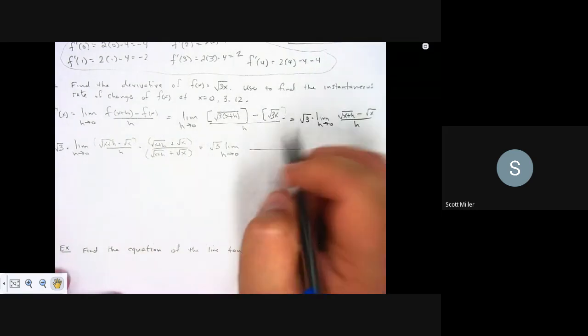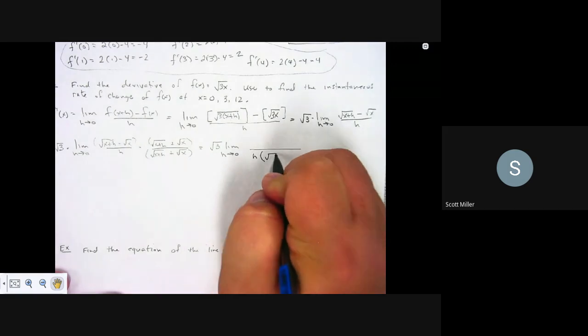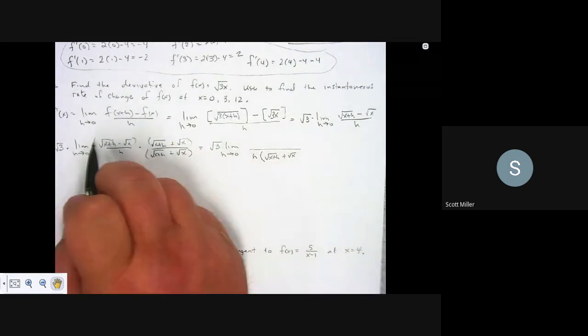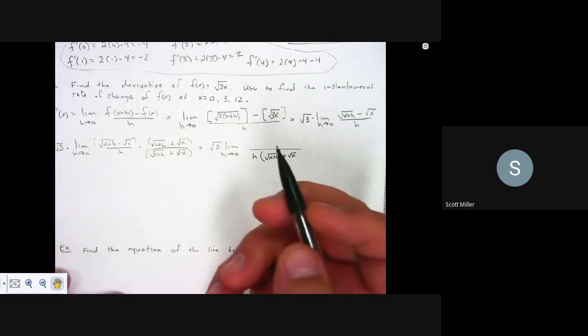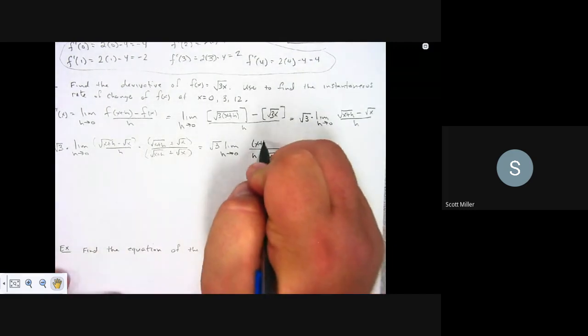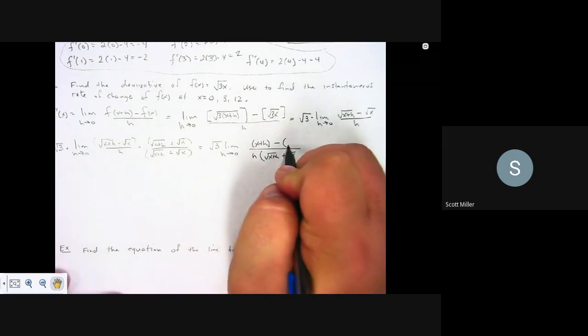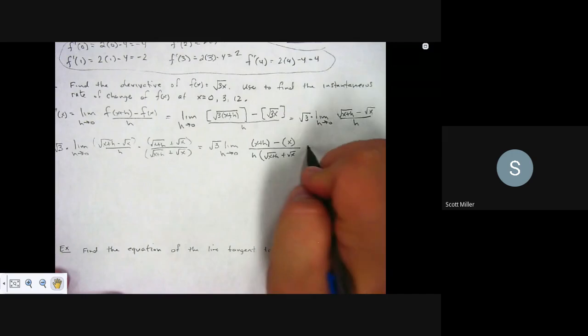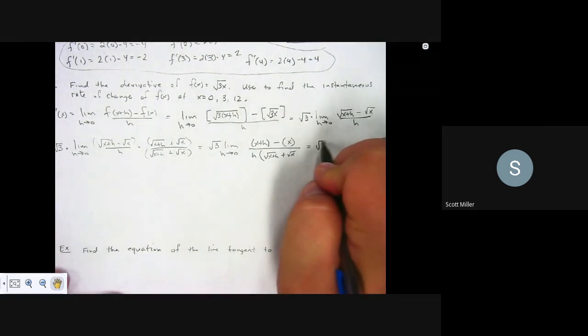The bottom, you're not going to do anything. You're just going to leave it plus h. And the top is just the product, like the difference of two squares. So if I multiply these two quantities together, I'm going to get simply x plus h, and then minus this quantity squared, which is simply x. And you'll notice on top, the whole thing simplifies down to become